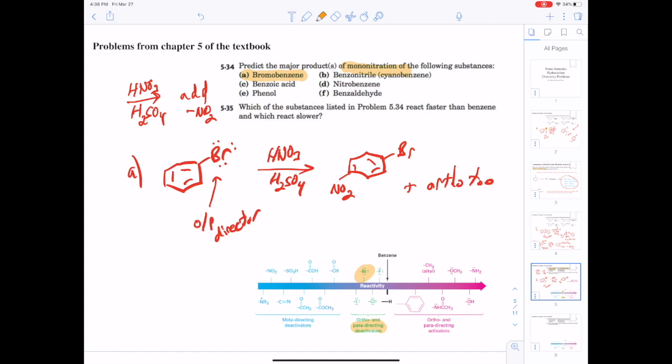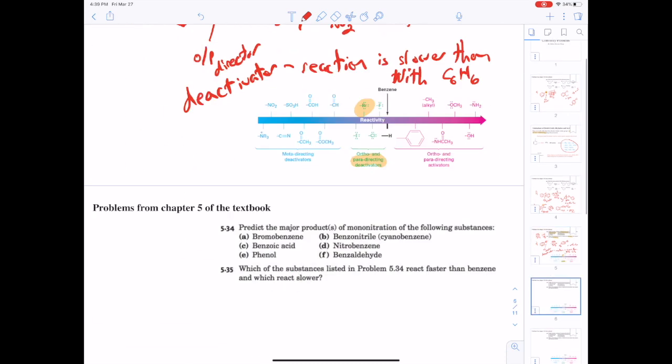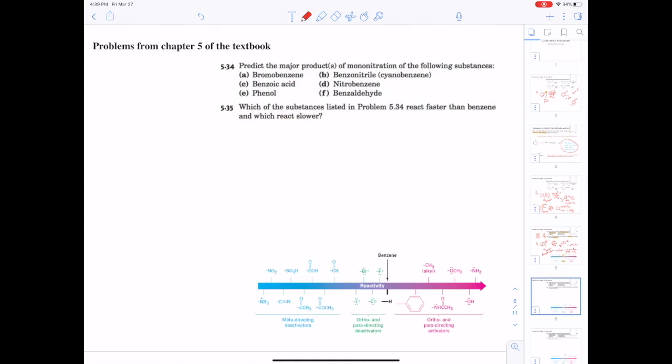And the question, 35, the question is, which of these will react faster and which will react slower? Well, this is a deactivator. So the reaction is slower than with C6H6 benzene. Okay,